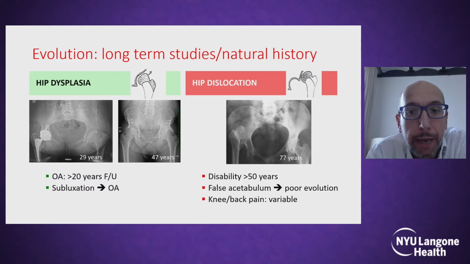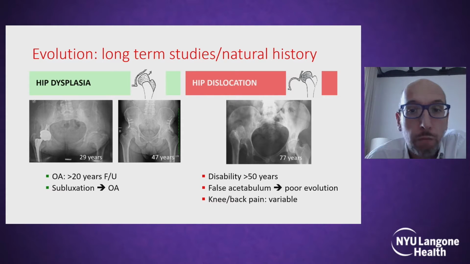On the other hand, dislocated hips tend to do a little bit better because they don't cause disability before the 5th decade, and there is variable evidence of knee and back pain, and worse long-term outcome has been shown, as you can see in this slide,